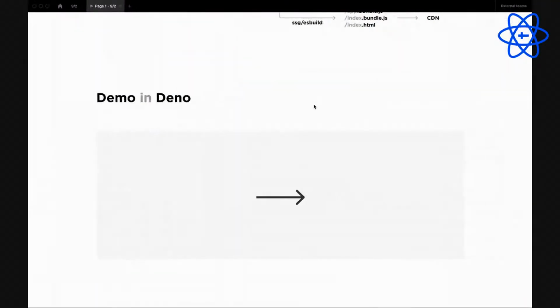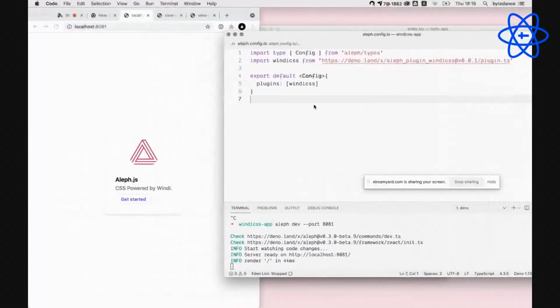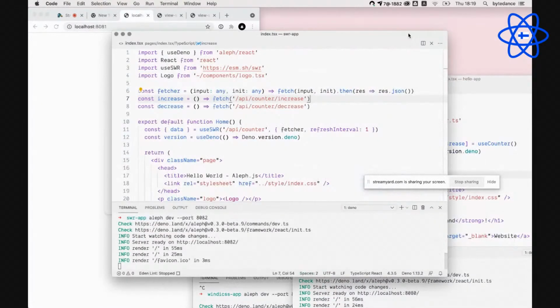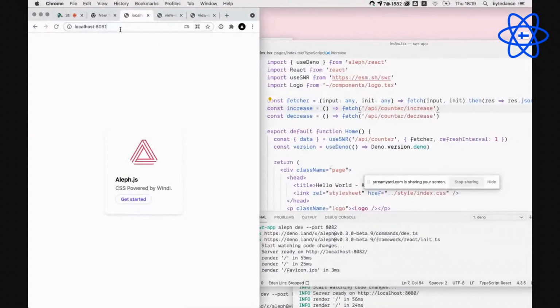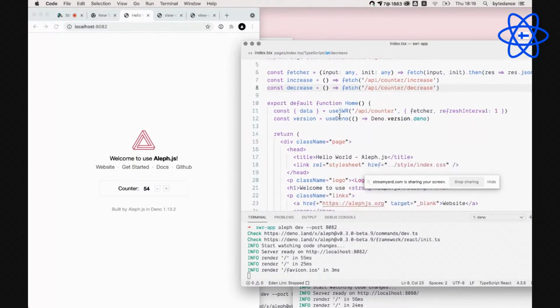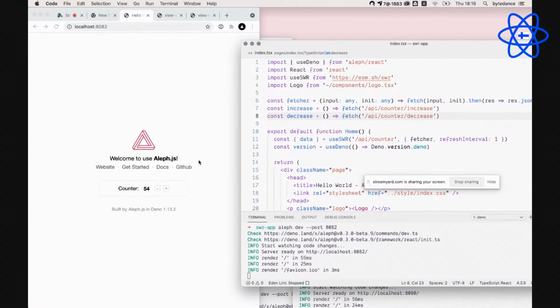Okay. The other example I want to show you is this one. This one is the same as the first demo. It shows the hello world, but here I change something.